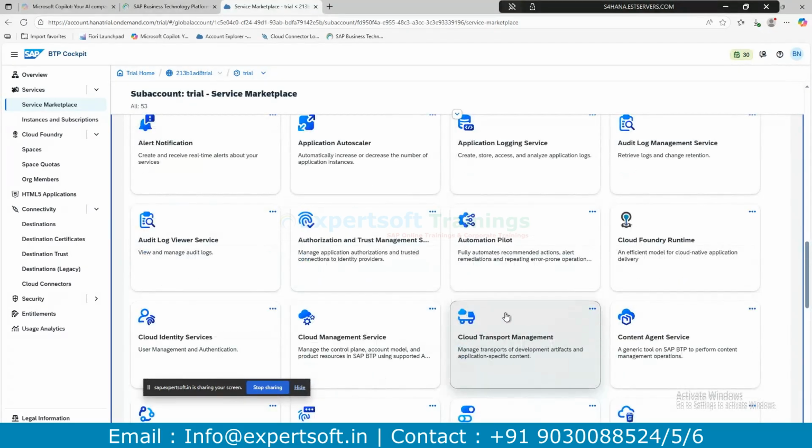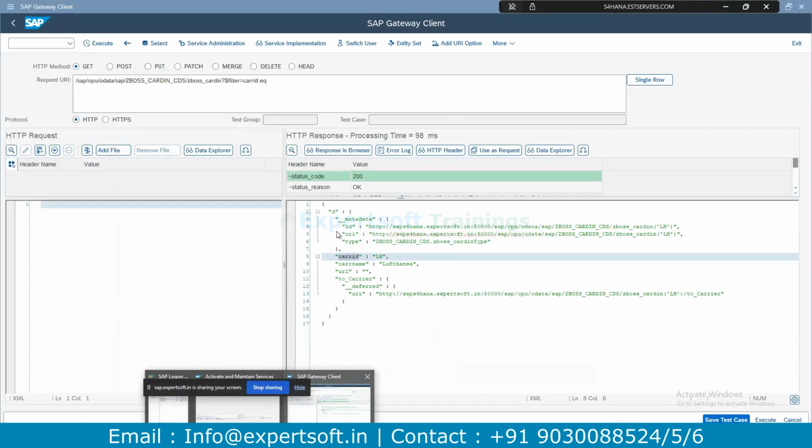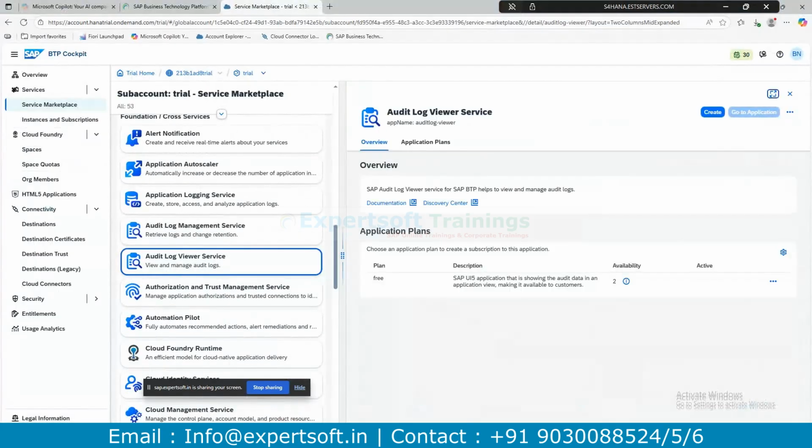Cloud Transport Management, as I mentioned, is to move a transport from one sub-account to another sub-account with the help of Cloud Transport Management. But initially when we see it in SAP GUI, all the features are available in the S/4HANA system itself, right?